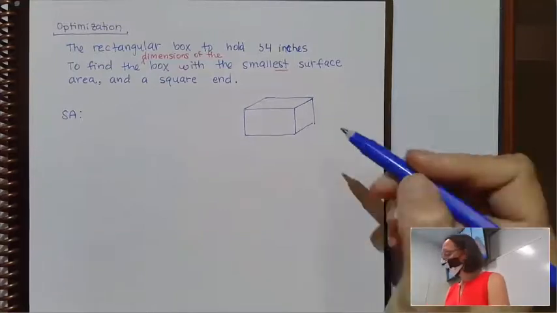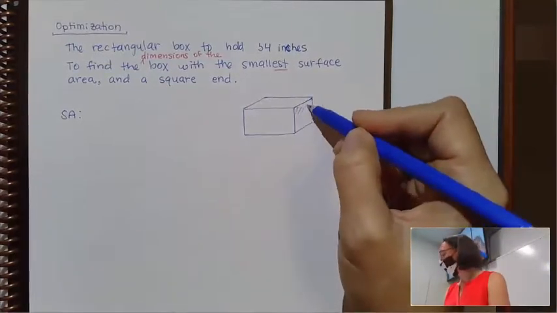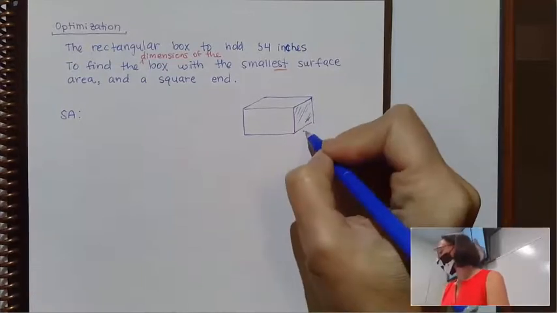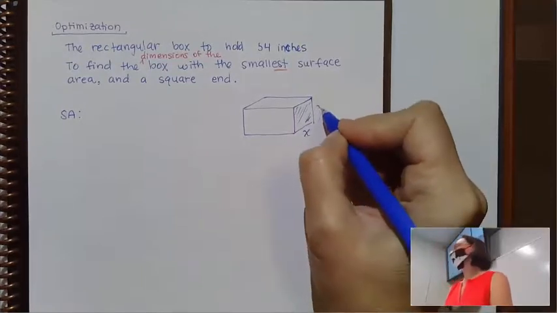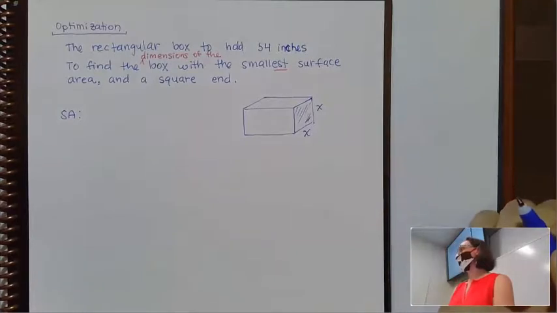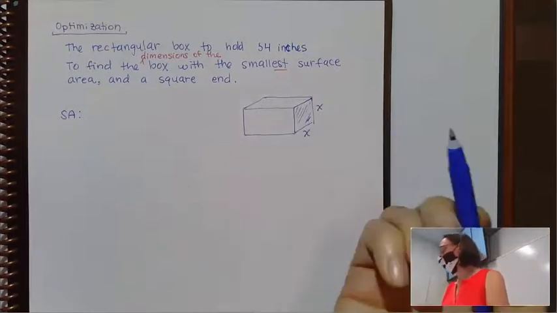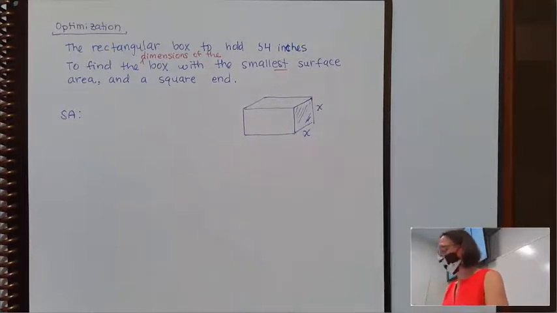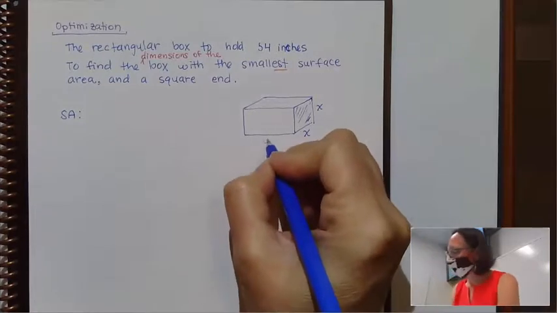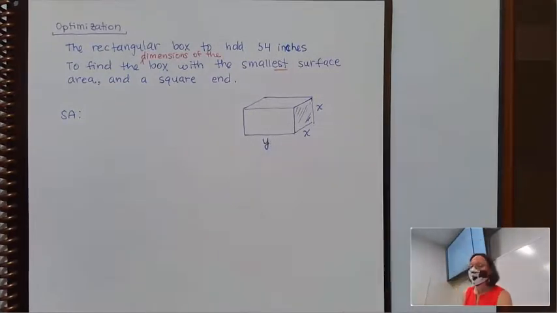So I said that it needed to have a square end. So if I called this side X, this side would also need to be X in order to be a square end. But this length could be something different from X. And in fact, it is on our real life box. So I'm going to call that Y, which means that when I go to find the surface area of this thing,